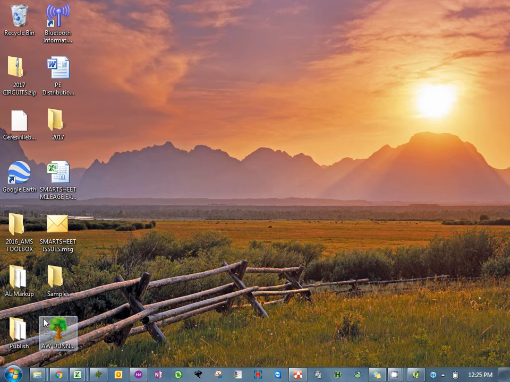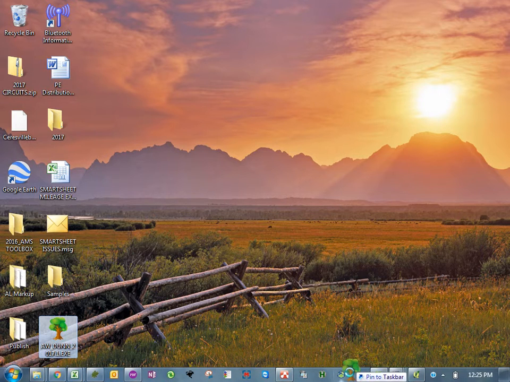Yours is probably going to look different, but you should see this icon somewhere on your desktop. I would probably recommend at this point dragging the program. Just click one time, hold down the mouse button, and drag it down to your taskbar. And it's not going to let me actually drag it here because, well, there it goes. I have so many programs down here already. But once I'm hovering over my taskbar, I'm going to release my left click button, and